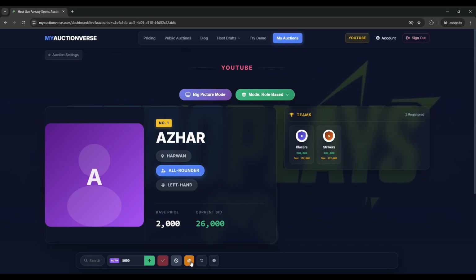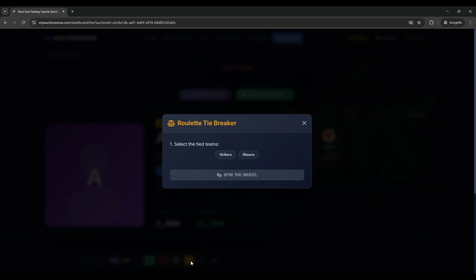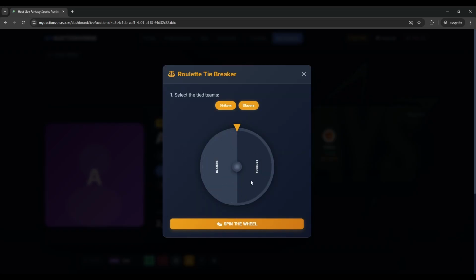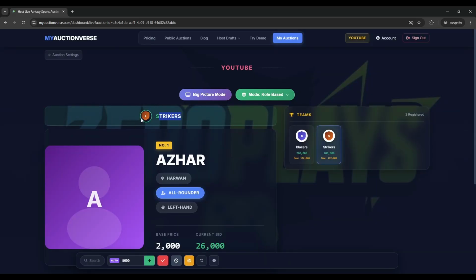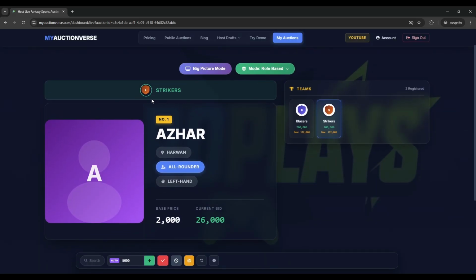So you can see we have an option for a tiebreaker here. You select the teams which are bidding on the player. This will form a wheel and you spin the wheel. With this feature, you decide which team buys that player. You can see it selects the Strikers, and it shows Strikers is the current team bidding on